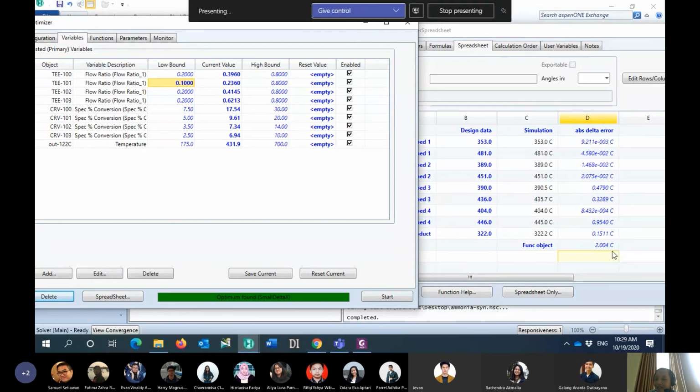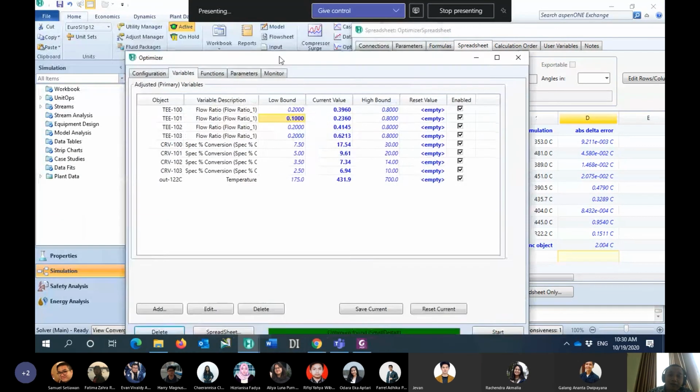We found quite nice data: the total error is only 2 degrees C. When we divide into the 9 data in here, it means that for each temperature the error could be only 0.2 something. It's shown here that the data between the design and simulation is close to each other. So the optimization has been done in a very good manner, with a good result, because the delta is very small.